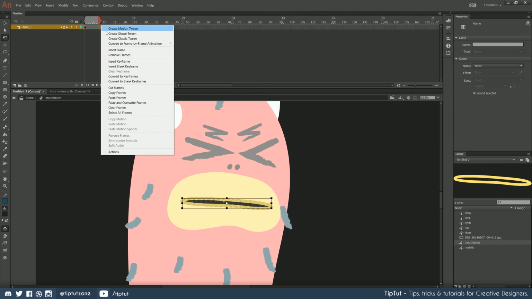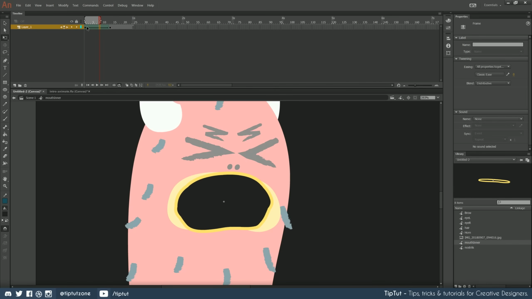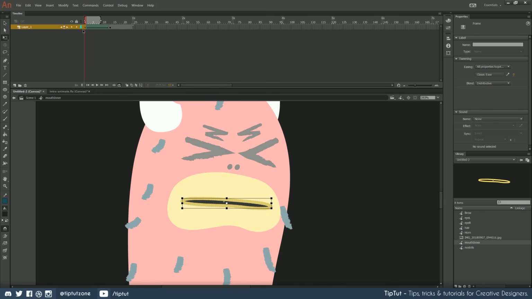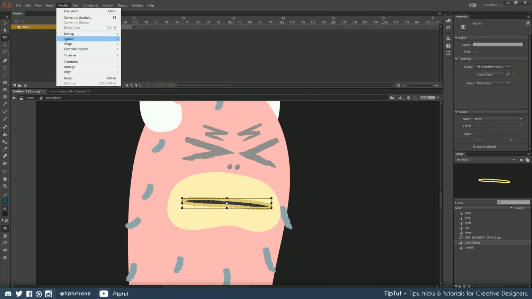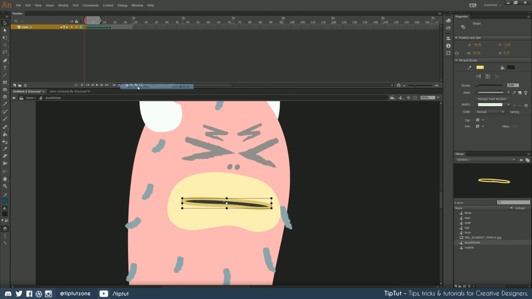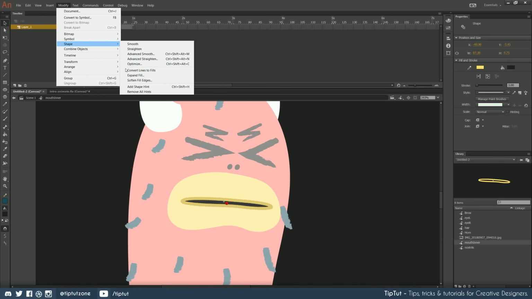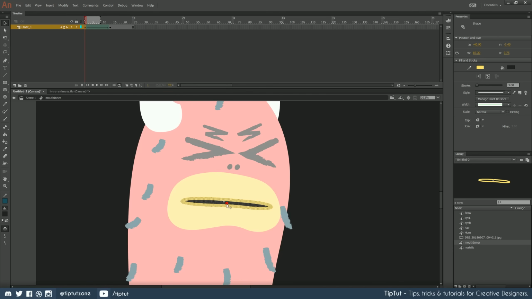Yeah, that's pretty good. Let's see what that shape tween looks like. Oh, still got some unexpected results, or some unwanted results. So let's see if we can fix that with a few shape hints. Modify shape, add shape hint. Let's do that a couple of times. And let's pop shape hint B there, shape hint A here.